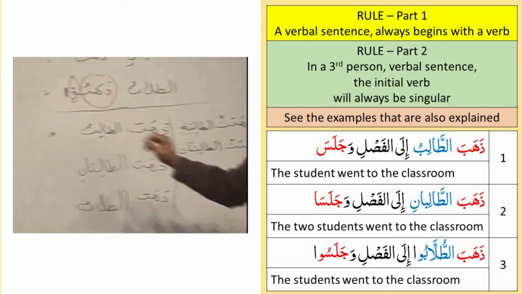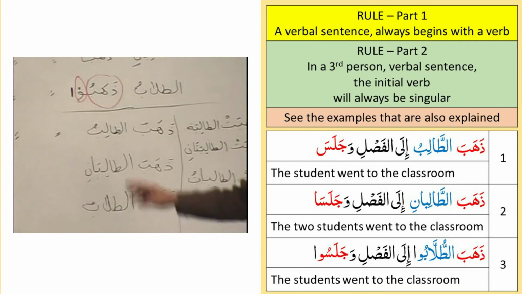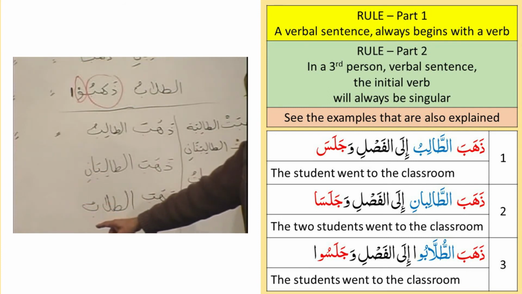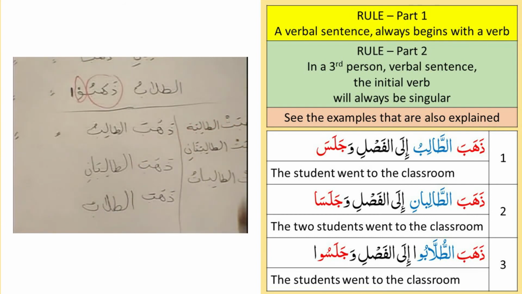Let's go to muzakkar. ذهب طالب وجلس. I look at this fa'il and use the word. ذهب طالبان وجلسا. Now jalasa refers to طالبان. ذهب طلاب وجلسوا. See, here singular and there the appropriate verb to match the fa'il, which was before. Are you with me, brothers and sisters?